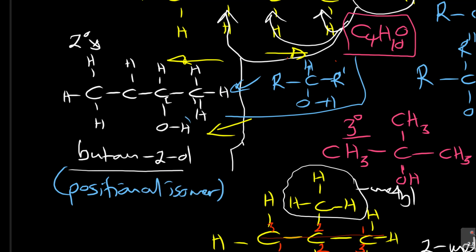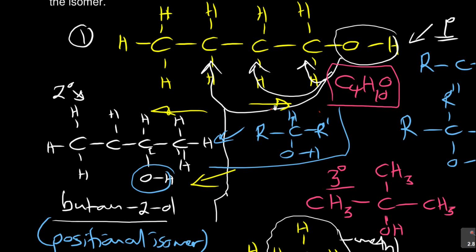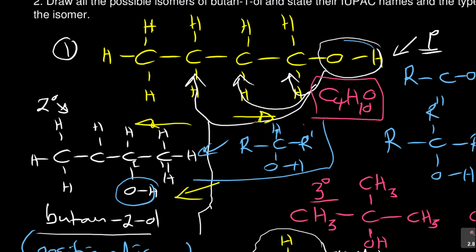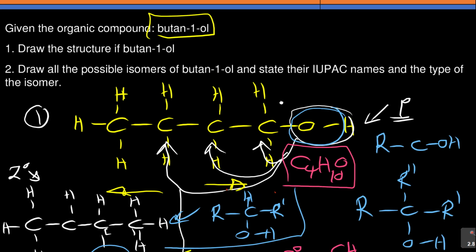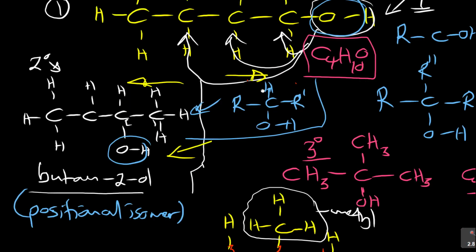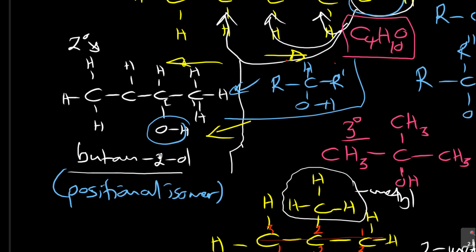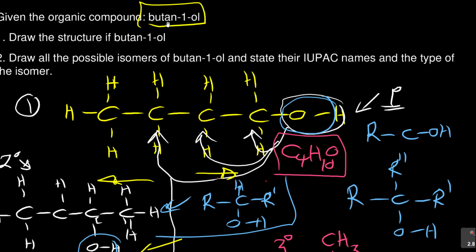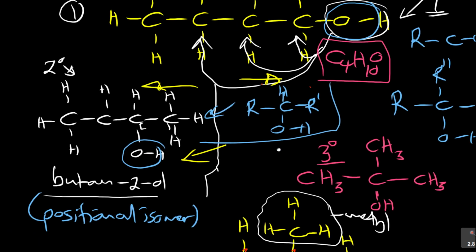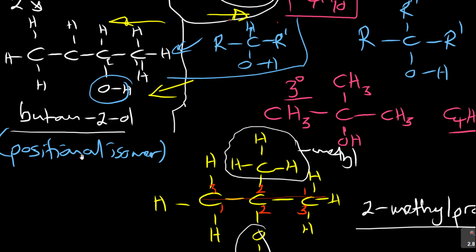You know why? The position of the functional group changed. What was the first one? It was in position 1. That's why they called it propan-1-ol. This one, they called it propan-1-ol. The OH was in position 1. What is the OH now? It's in position 2. It was butan-1-ol. So the name never changed, butane, but the first one is butan-1-ol, the second one is butan-2-ol, so